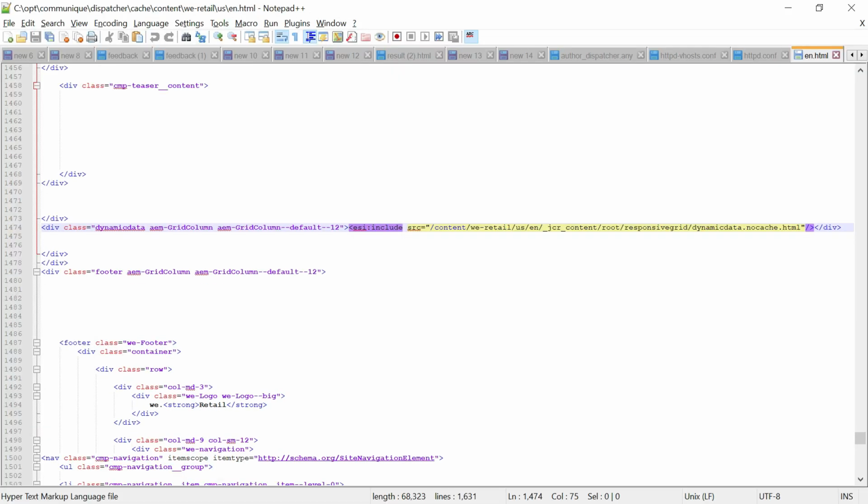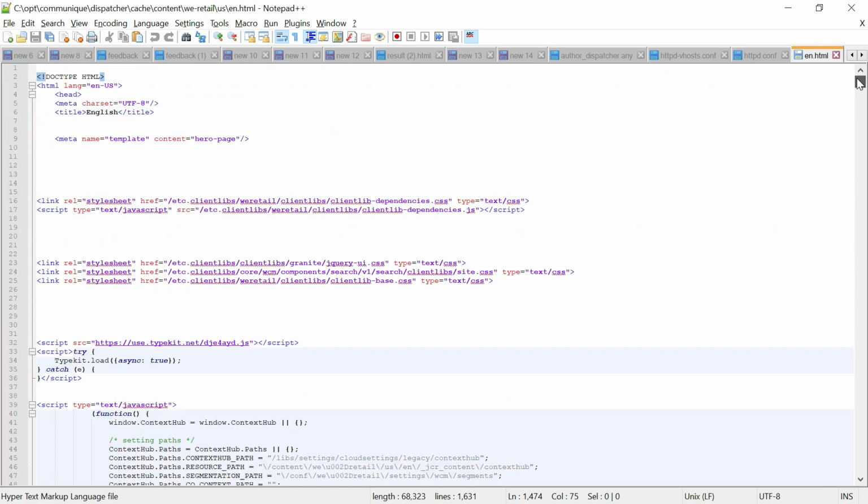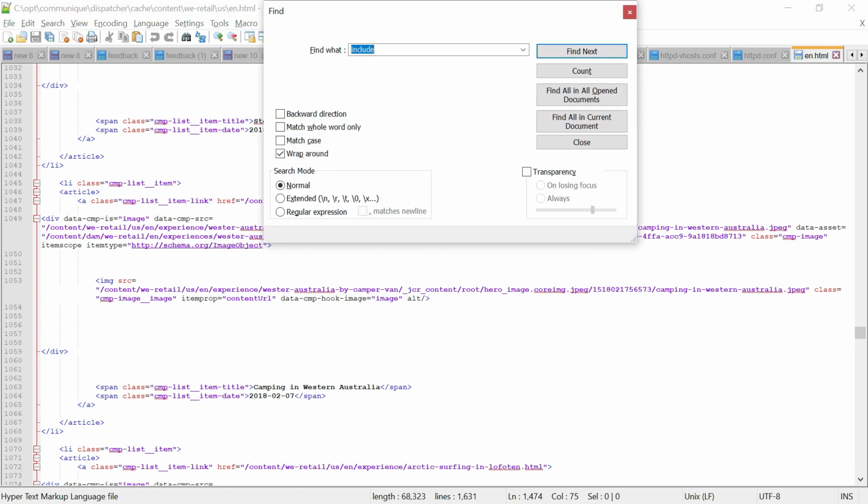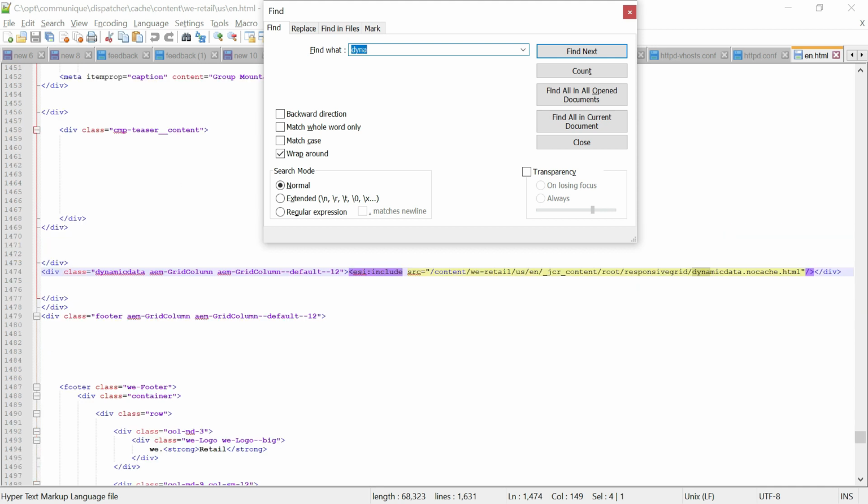The last scenario we have seen is ESI. All the static data is cached, and only for the dynamic data the include is enabled, and the include is replaced either by the browser in the case of JavaScript include, or by Apache in the case of SSI include, or by the edge server for the ESI include.